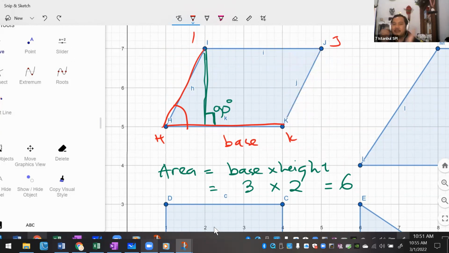Oke ya. So again guys, please make notes ya. The basic concept of area is this: base times height, where the base and the height need to have a 90-degree angle. If it's not 90 degree, then you cannot tell that they are the base and height ya. Jadi gini guys, boleh nggak sih Pak saya pakai base-nya ini? Boleh aja, boleh. Tapi kamu butuh satu garis tambahan yang dia